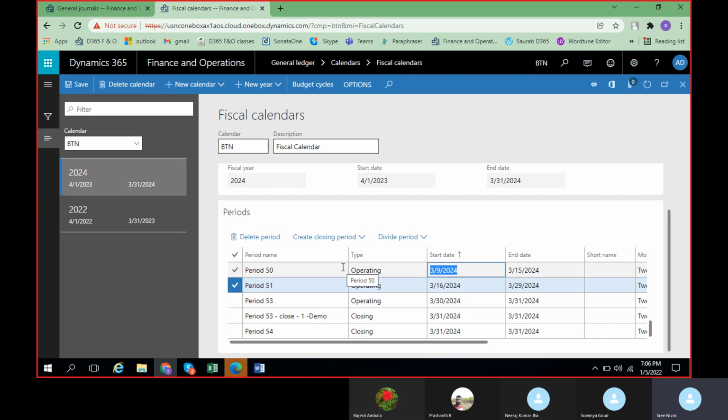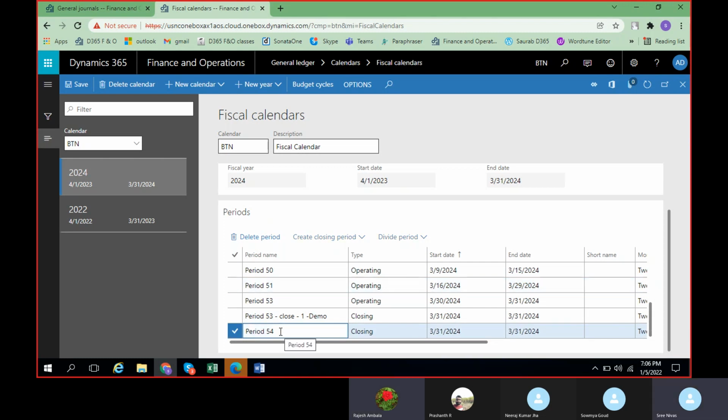I hope I have answered almost everything. One more thing, Srinivas. For any number sequence, we cannot change the number sequences, right?